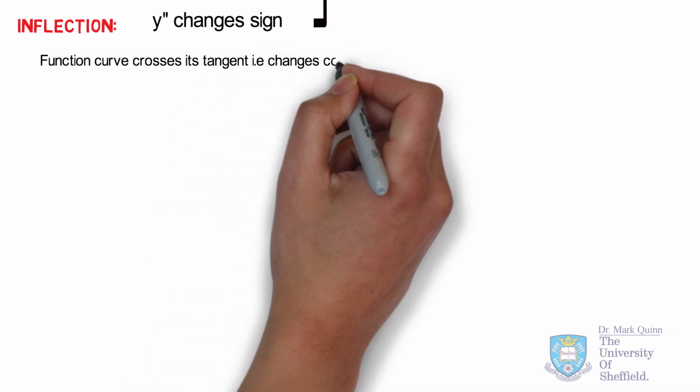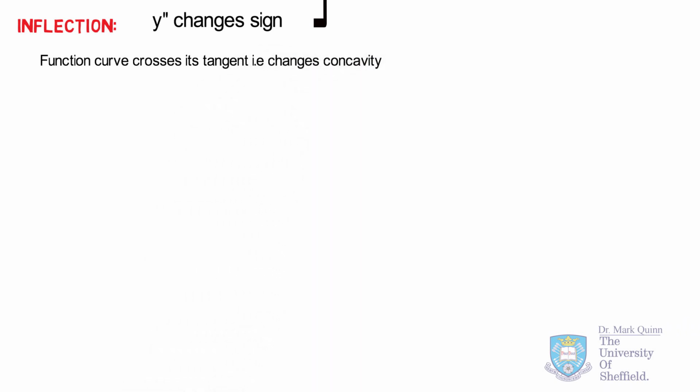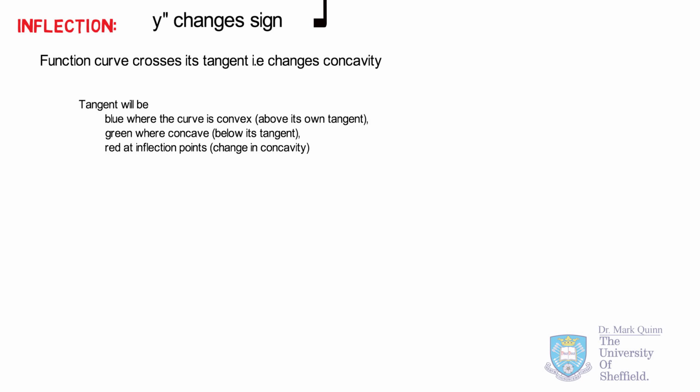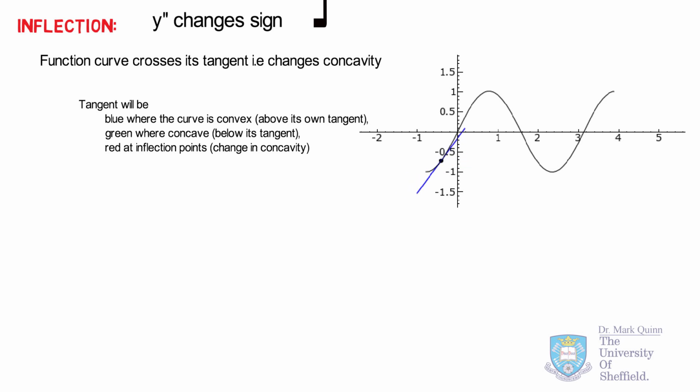Here in this illustration, we can look at where the curve is firstly convex, where it's colored blue, where it's concave, it is green, and where we have a change of concavity, we have a color of red. In this simple example, the points of inflection coincide with where the curve crosses the x-axis, but this is not always the case. Most functions will not have this symmetry around the x-axis, and hence the points of inflection could